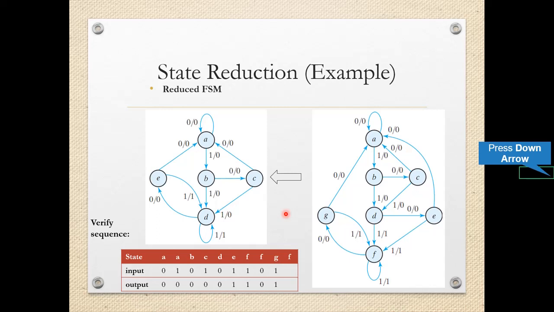So this is the input sequence which is given. So you can apply the input sequence to both the state diagrams and you can check for the output. This is the assignment, that the input sequence is given. You can just verify the given sequence. If this is the input sequence, how will the state diagram behave if it has 7 states and if it has 5 states. Okay. And as per the state table which we studied, the functionality should remain unchanged. So both the state machines should give the same output.